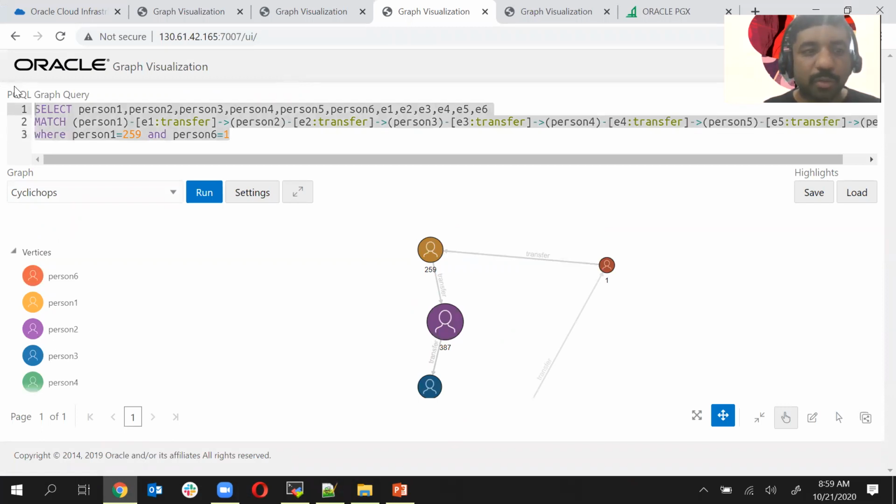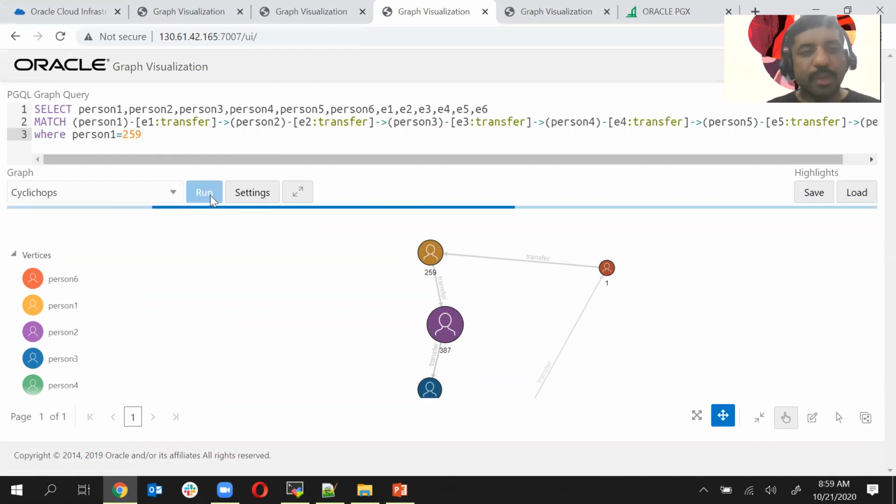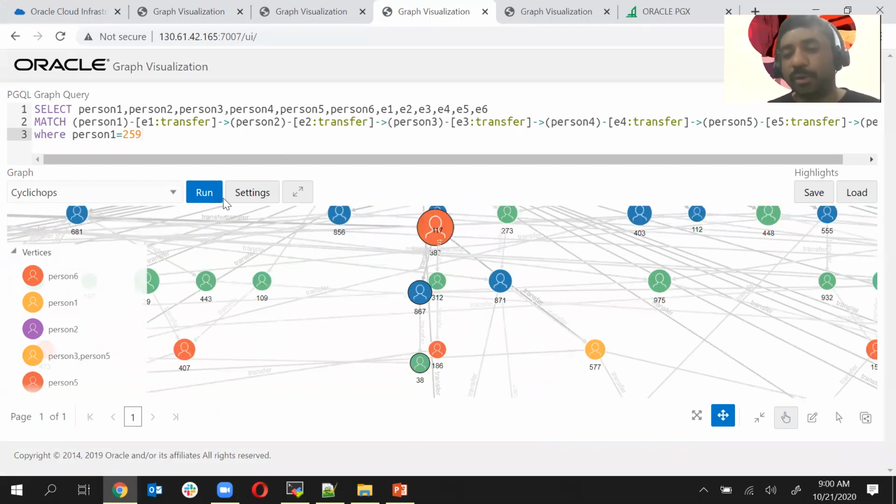So I can again go back to my PGQL query pane. I can run the PGQL query. So the PGQL query is now hitting the background in-memory engine and then trying to load the data from the in-memory engine based on the PGQL query that we have given. So we can see that if we try to fetch all the 6-hop cycles originating from 259, it basically